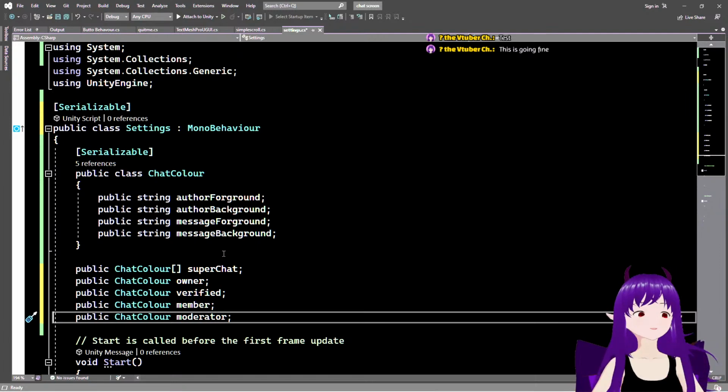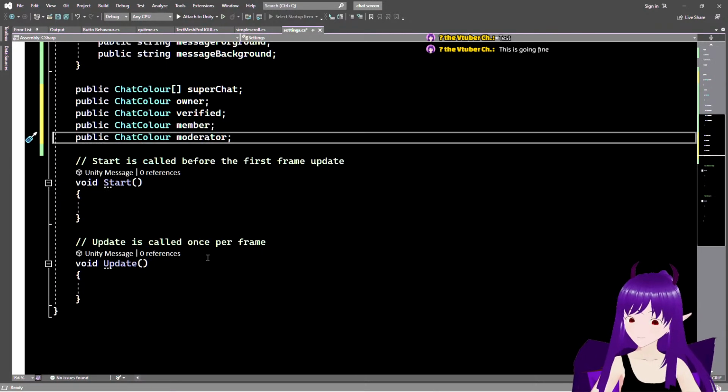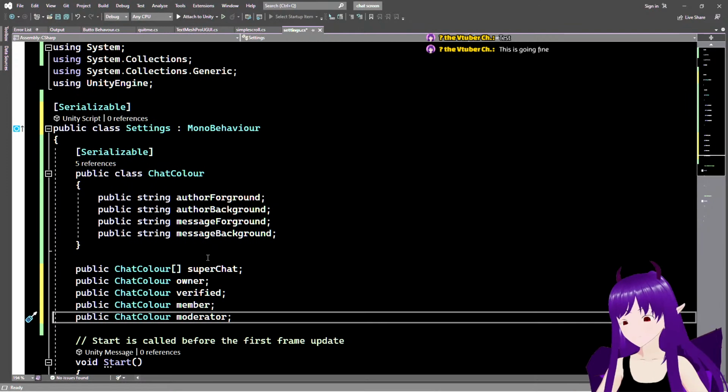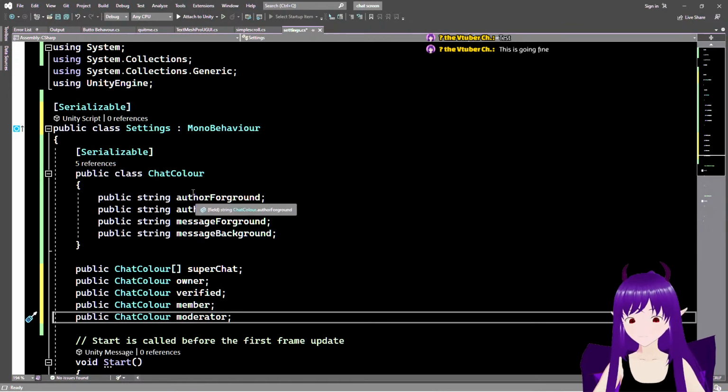So we now have basically a dummy object to hold those values together. So let's go